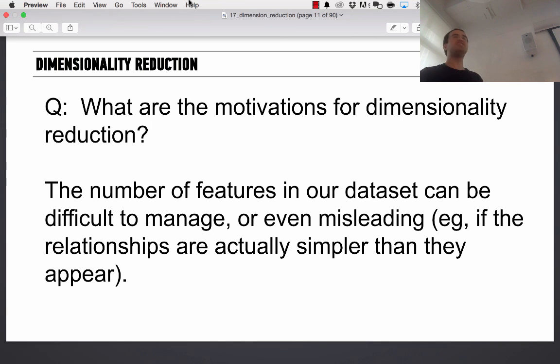The number of features in our data set can be difficult to manage. We're given troves of data, so much data. What is all of this? I don't know what I'm supposed to be looking for. Sometimes it's even misleading. Sometimes the relationships are a lot simpler than they appear. Hey, Samant, here's 100 columns. We think that if you combine them in some way, you're going to be able to predict how much wine someone will buy at the store.